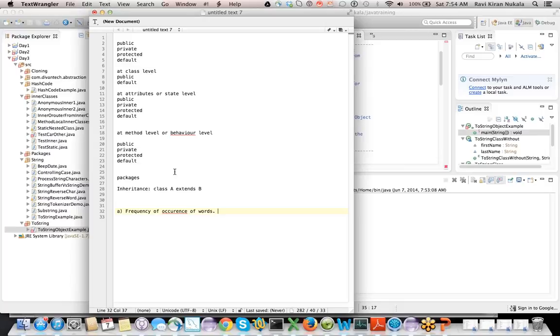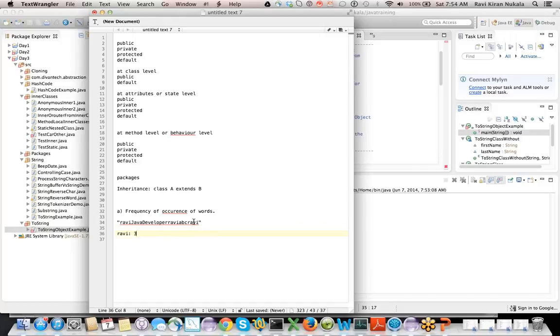Say this is the string: Ravi, Java developer, Ravi. If you see this word, the frequency of occurrence of Ravi is 2, right? Because here and here. Or if I have a few more, ABC Ravi, the frequency of occurrence is 3.